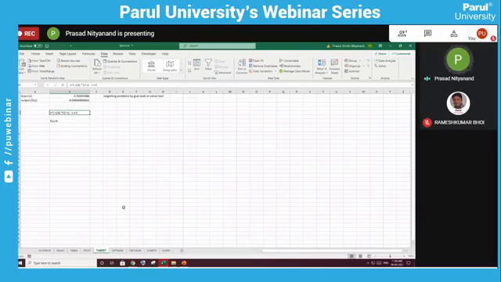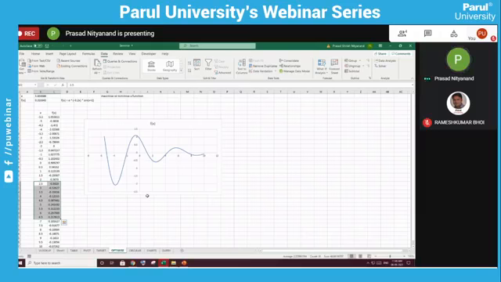Next we will do the optimization problem. Okay, so this is the function. In this function, we have to find the maximum and minimum of the function, and at what value that maximum and that minimum happen. You can see I have plotted this graph. This is x and this is f of x. I have taken some values of x, and this is f of x. This is nothing but this equation.